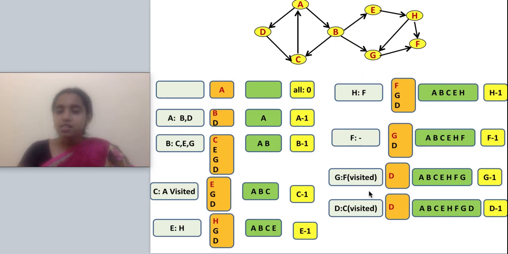Until my stack becomes empty, I repeat the process again and again. I am popping one element and pushing in. Then the topmost element I pop out, find who all the neighbors of that are, and push them inside. While pushing, I am very cautious that I don't push any duplicates. One element should be inside only once. For that I am marking the node as visited. This is how you have to perform